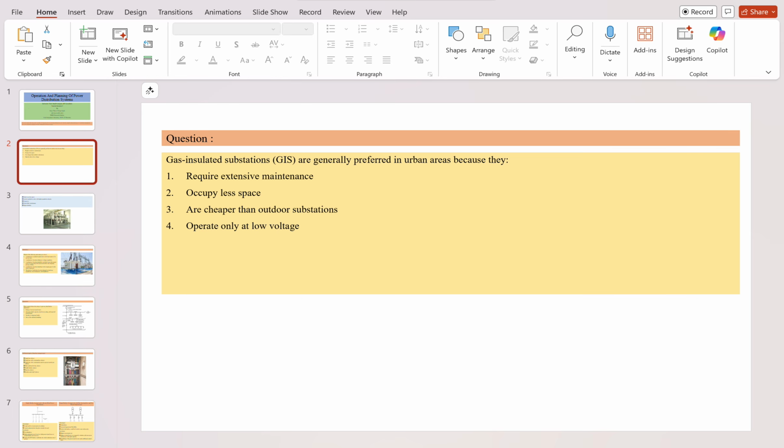Try to solve the first problem. Here I have given one of the problems related to the gas insulated substation. Suppose there are switchgears and all. So this question is related to that, if it is a gas insulated